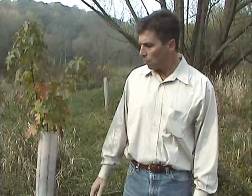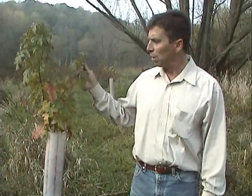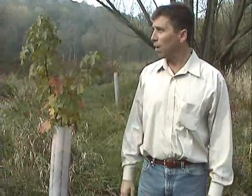Here we are taking a look at some of the benefits of the floodplain restoration outside of the stream corridor itself. We're on the restored floodplain where we've got a riparian buffer zone that has been planted, where 4 years ago we had a 12 to 18-inch rooted seedling that was put here, and as you can see, we've got a sweet gum here that's doing well, 5+ feet, and the majority of the survivability that we're seeing is a lot higher on these restored floodplains versus the non-restored floodplains, because the root zones are attached to the groundwater